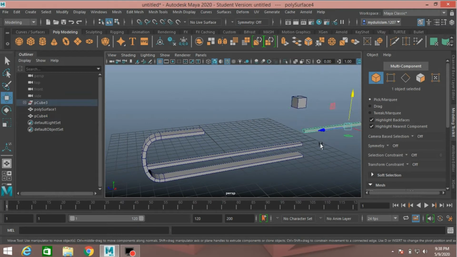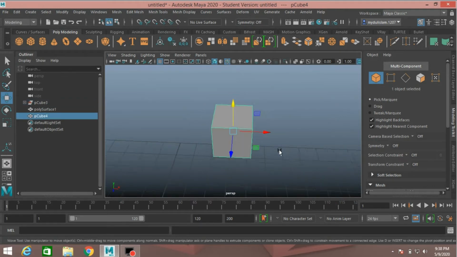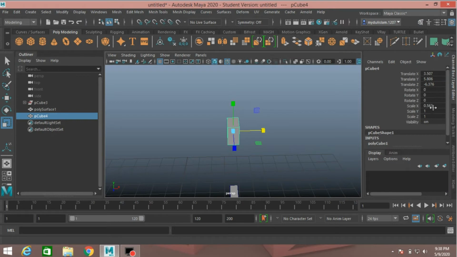Select this, press Ctrl plus H to hide it. Now select this, press F to zoom or focus in and scale it along x-axis, just like this.